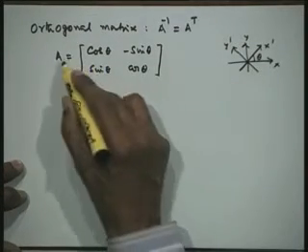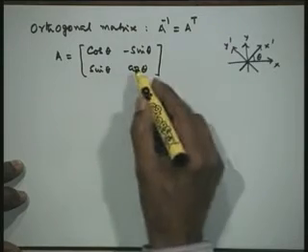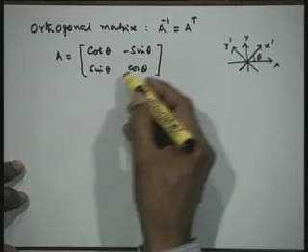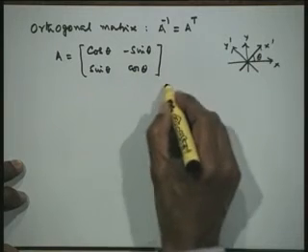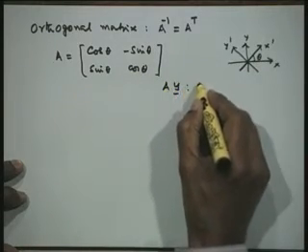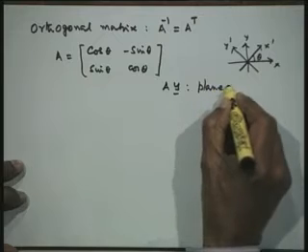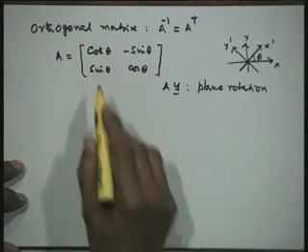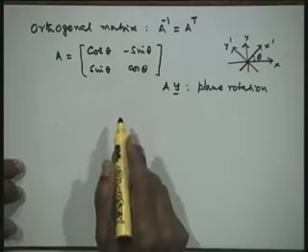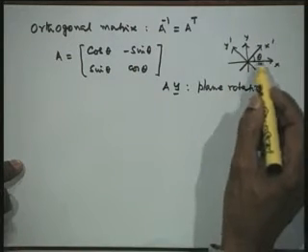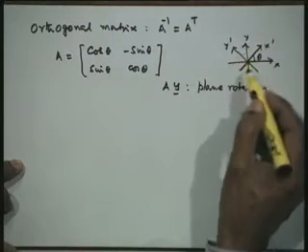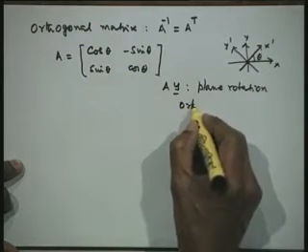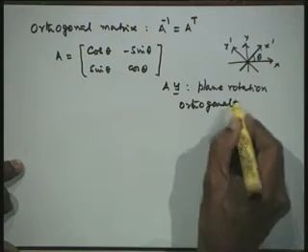If we apply it on a particular vector, it gives a rotation by an angle of theta in the plane. So if you apply A on any vector y, what we shall say is that it will give us a plane rotation, that means rotation in a plane. This is the simplest example of an orthogonal matrix, because they are orthogonal systems of coordinates and we are rotating by an angle of theta. So this is a plane rotation, but it is an orthogonal rotation.